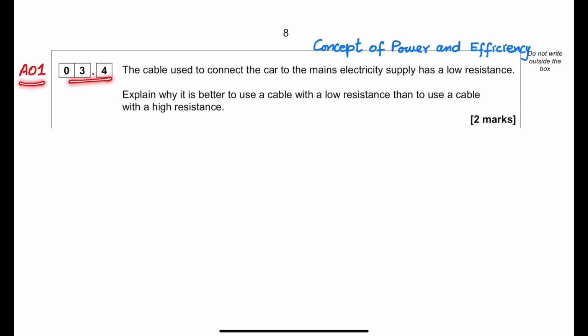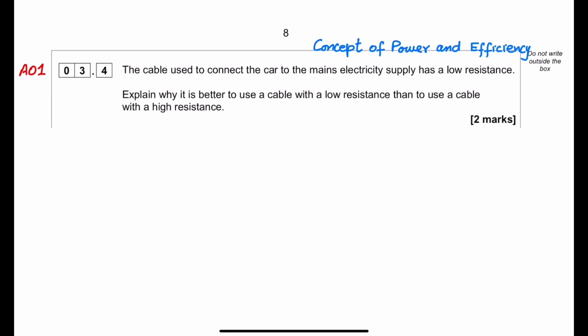3.4 is an AO1 question, and this question is from the concept of power and efficiency. The cable used to connect the car to the mains electricity supply has low resistance. The information is given: low resistance. Explain why it is better to use a cable with low resistance than to use a cable with a high resistance. So it will be easy for the current to flow from the mains power supply to the battery,